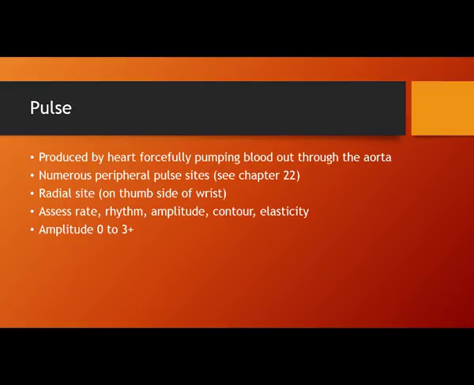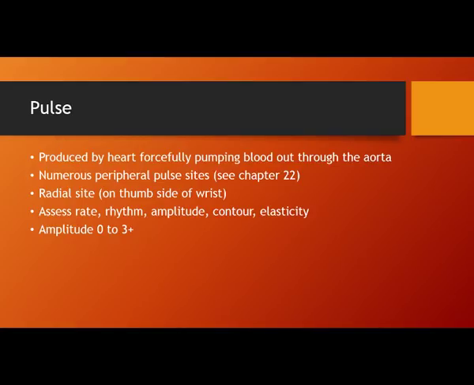For right now, we're going to focus on the radial site, and that's on the thumb side of your wrist. When you assess a pulse, you're going to assess several things. First, the rate, how many beats per minute, but also the rhythm. Are those beats equally spaced or are they irregular? The amplitude of the pulse,